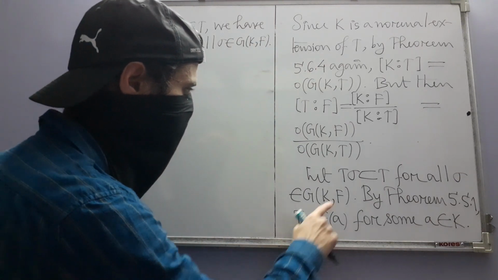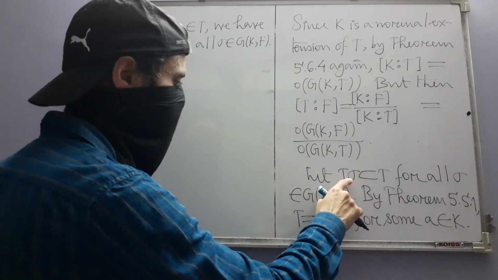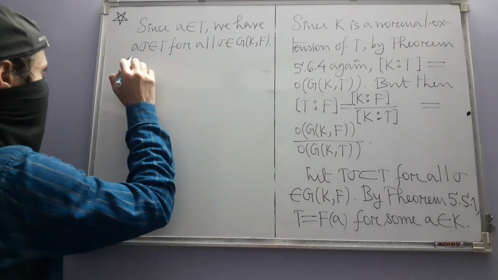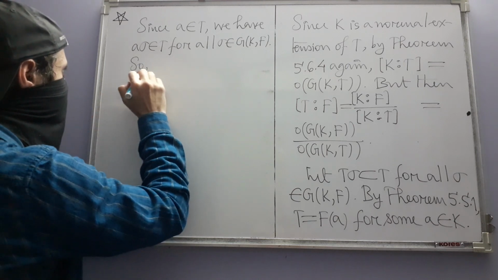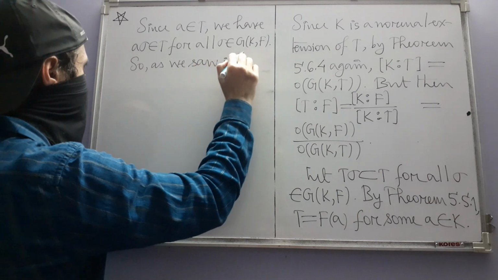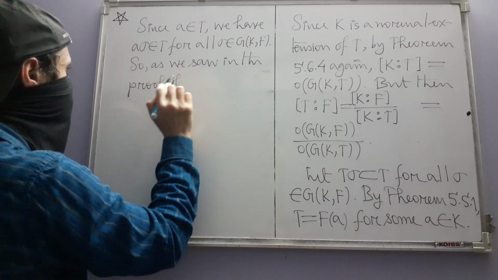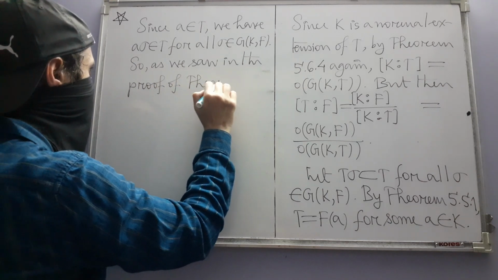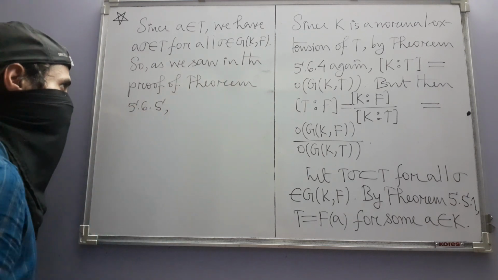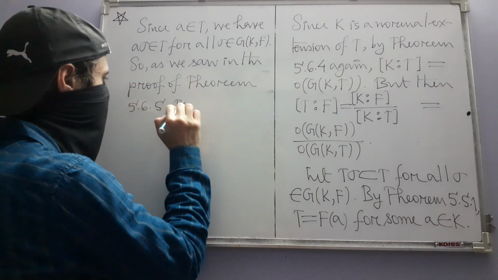Because A is in T, so because of this containment relation, if you apply any sigma on A, that is again going to be in T. And now we are going to say, so as we saw in the proof of theorem 565, T is the splitting field